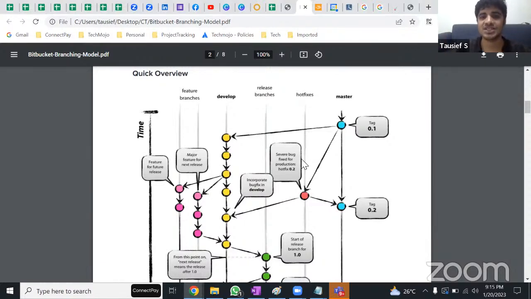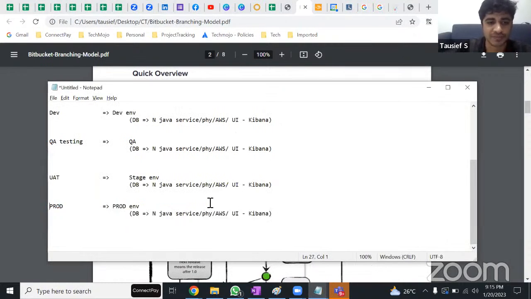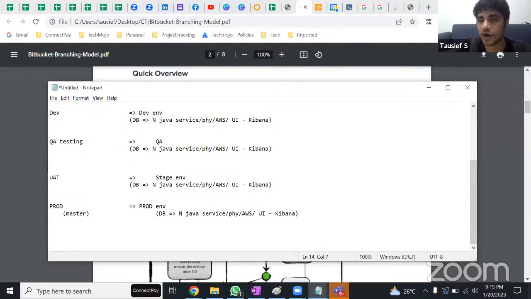Now, how does this work? There is always one primary master branch, and the master branch always goes to production. The name of the branch is the master branch. Always the code from the master branch will be deployed in production. That's a thumb rule that will never be violated all throughout your life. Anything in master means it is running in the production environment. If anything crashes in prod, they take the latest branch and deploy it. So you need to be careful what code is going into master, because that directly goes to the prod